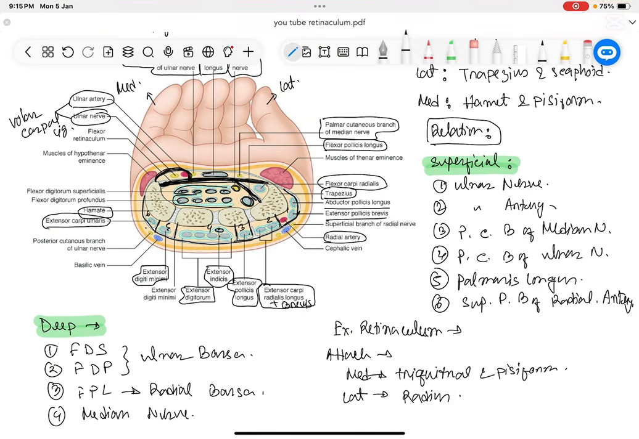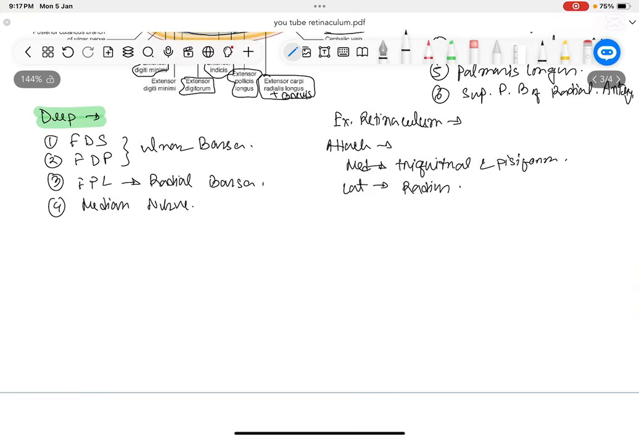So that is all about the 6 compartments, and what structures are passing in each compartment, as I said, from lateral toward the medial side. Now, one clinical topic, that is carpal tunnel syndrome. If the median nerve is compressed underneath the carpal tunnel, then there will be some symptoms. Together we call it carpal tunnel